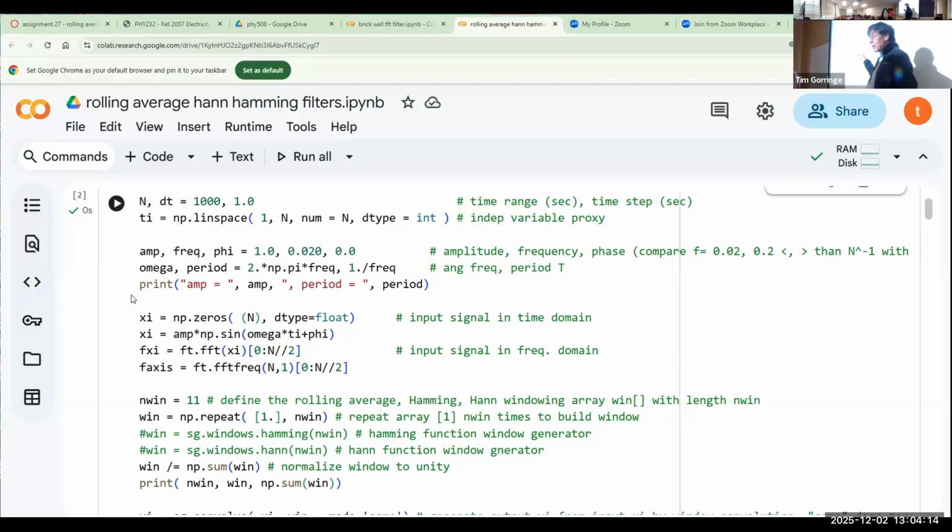And if you remember, the frequency range goes from the lowest frequency 0, and the highest frequency is the Nyquist limit, which is half the sampling range. So that's the range of frequencies that we would expect. Okay, so at this point, I've got an independent variable for time. I got an input signal, which is a nice sine wave. I've defined those two things, and now I'm going to set up the filtering,